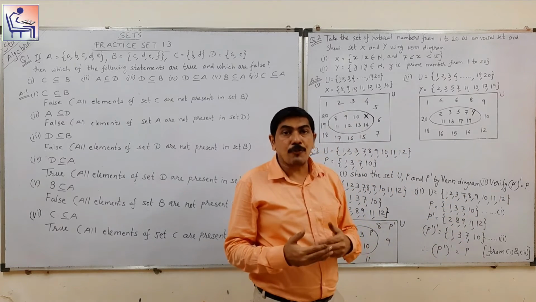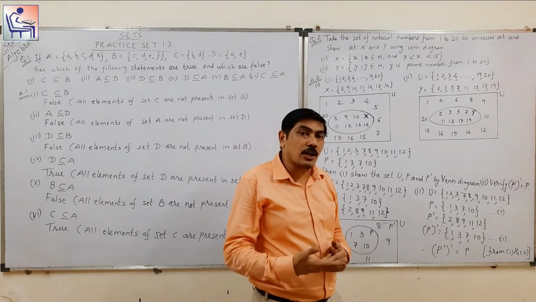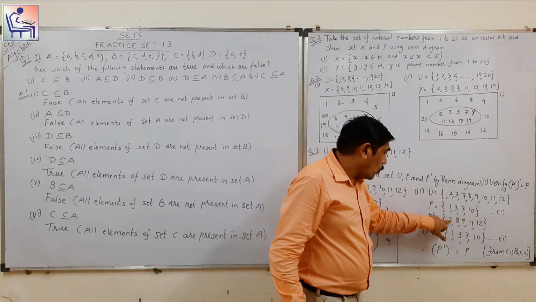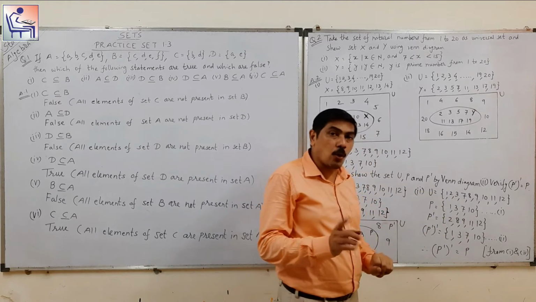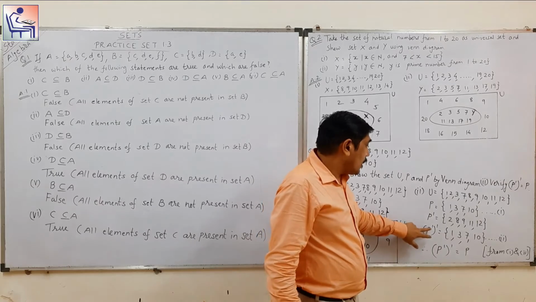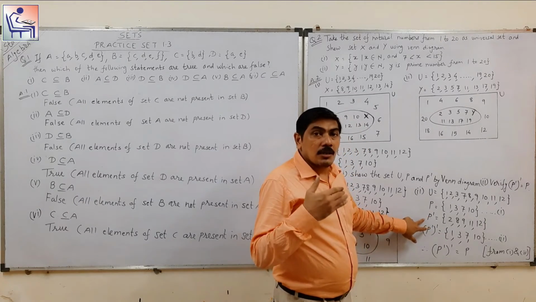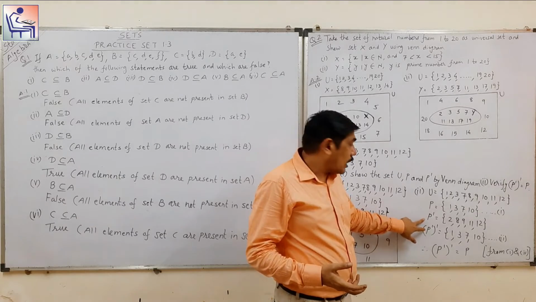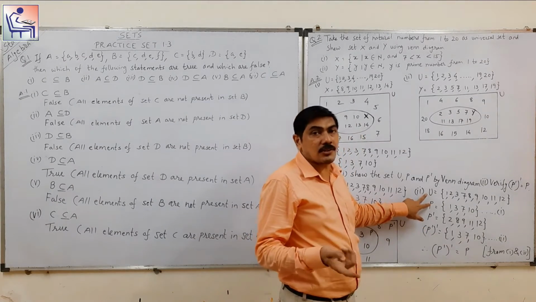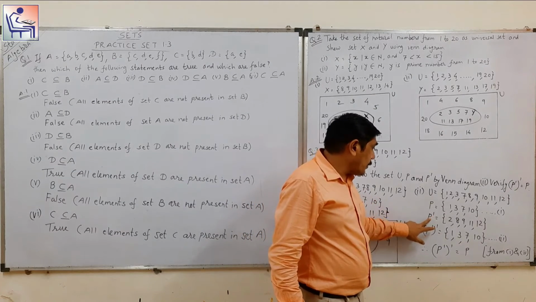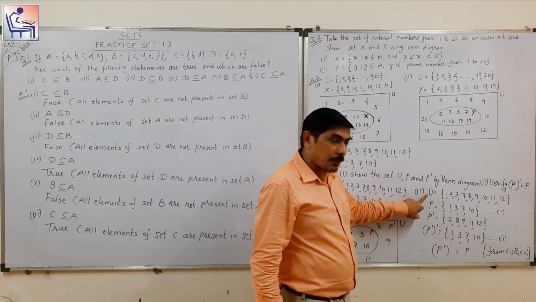And now we have to find out the complement of P complement. मतलब P complement में जो element ना हो but universal set में हो, वो हमें लेना है. Remember, जब भी हमें किसी भी सेट का कॉम्प्लीमेंट फाइंड आउट करना है तो उससे हमें यूनिवर्सल सेट के साथ कंपेयर करना है. सो हम यहाँ पे P कॉम्प्लीमेंट को यूनिवर्सल सेट के साथ कंपेयर करेंगे.